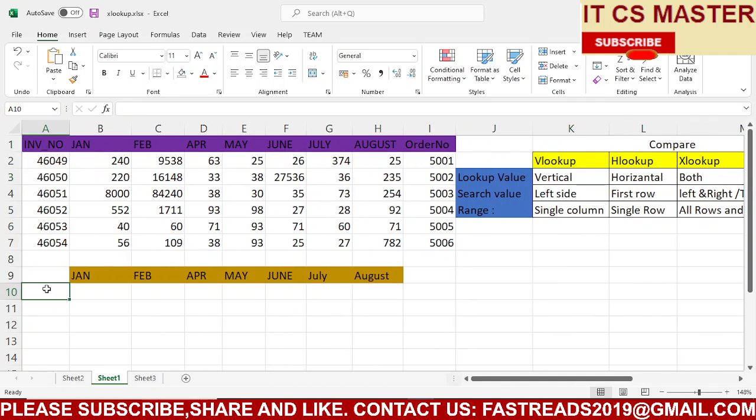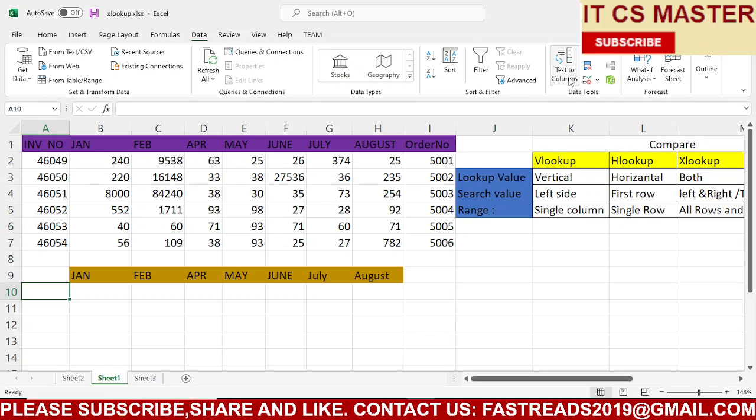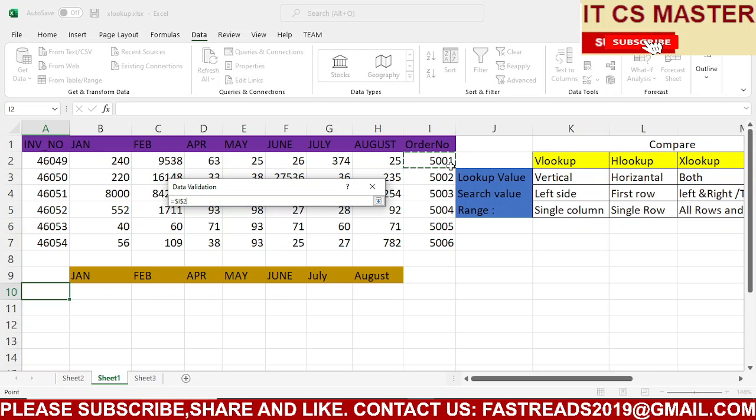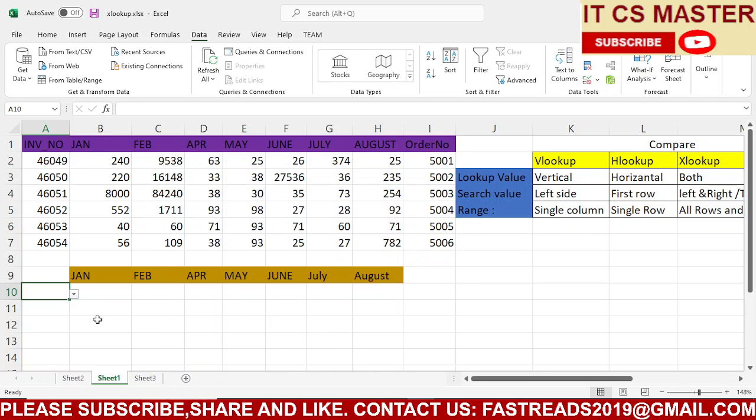So let's start. Suppose I have some values here. I am taking a validation. If you are not aware of validation, please see our previous videos. Here I am taking a list, and suppose I am taking this order number. Here you can see I have taken the value from the right side, in a vertical manner.